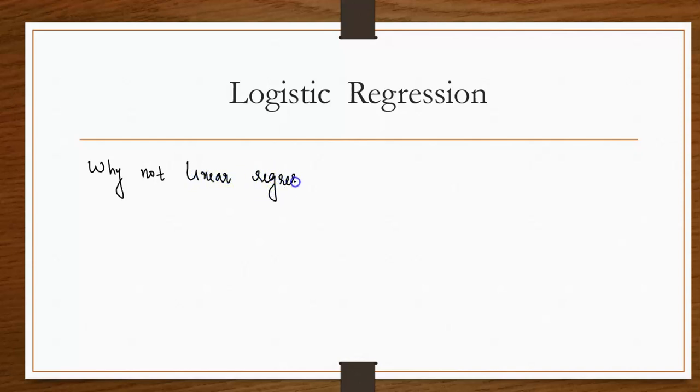That's what we are going to see now. We have already seen what linear regression is, in detail. Why not linear regression? We have already seen the house price prediction. This is the price of the house, if you are taking one independent variable, the area or size of the house,